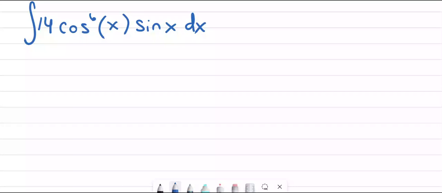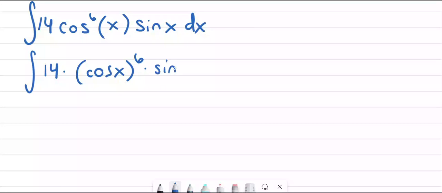substitution. I will say the trig ones kind of hide a little more, because if we wanted to rewrite this, right, remember what this part where it says cosine to the 6th? That's the same as saying 14 times cosine of x all to the 6th power, right? It's cosine of x times itself 6 times. The fact that we put it right after the cosine is just sort of a shorthand to save a little bit of space. So when you rewrite it like that, sometimes it makes it a little easier for people to see that possibly this cosine of x could be treated like an inside function that's plugged into something to the